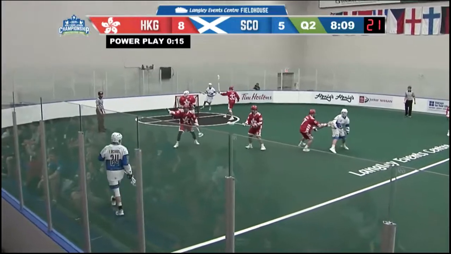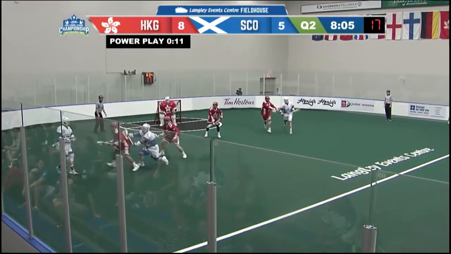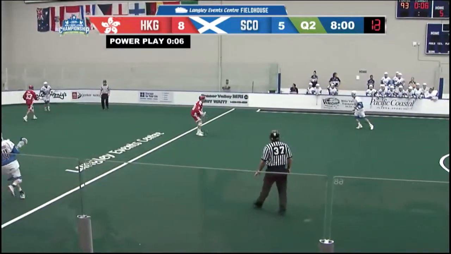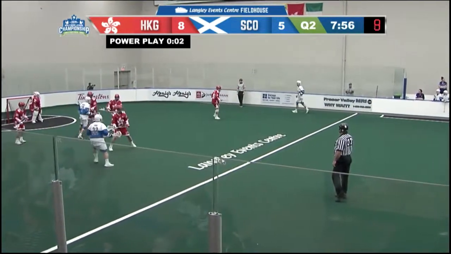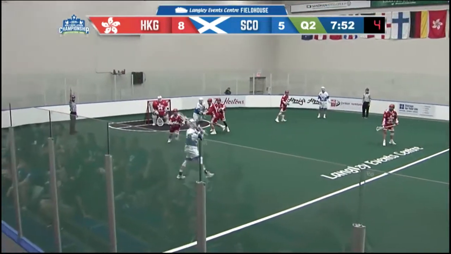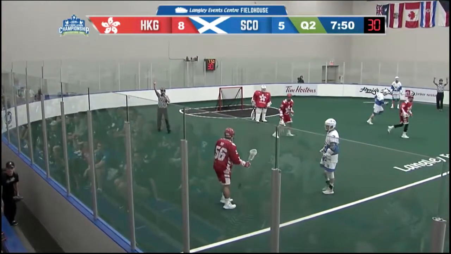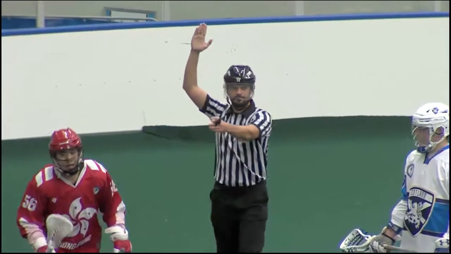But Scotland with possession shorthanded. Ian Vickers along the left side. Ian Vickers draws a penalty there. So as one expires, another one is on the way here for Hong Kong this time. Cross-checking will be the call.